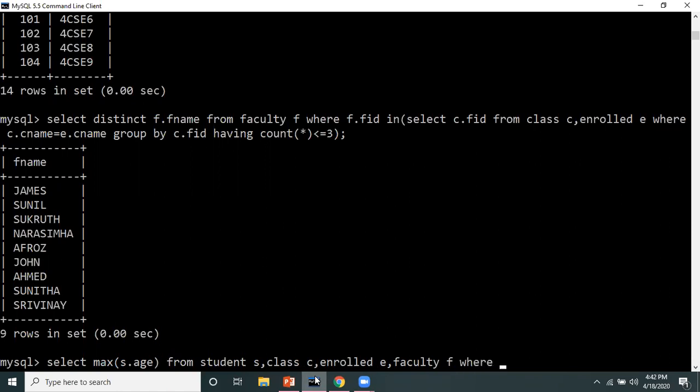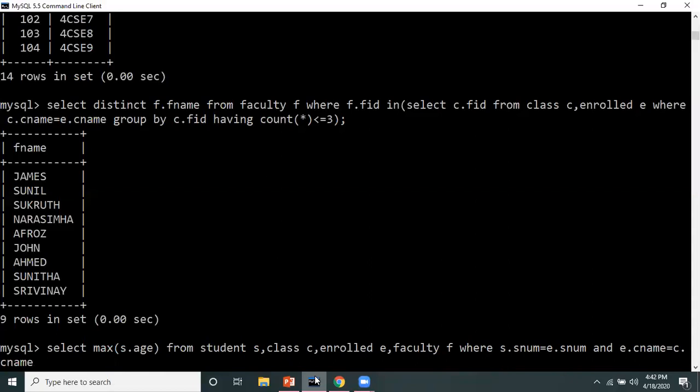Where S dot snum is equals to E dot snum, because snum is there in the enrolled table. And from the enrolled table we will get the class name, so E dot C name is equals to C dot C name, and from class we will get the FID, so C dot FID is equals to F dot FID.